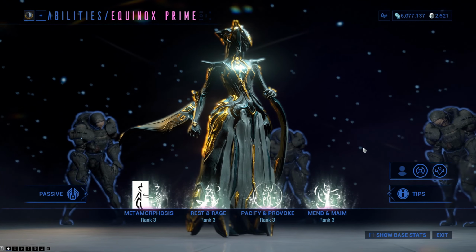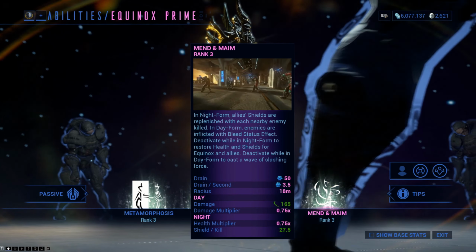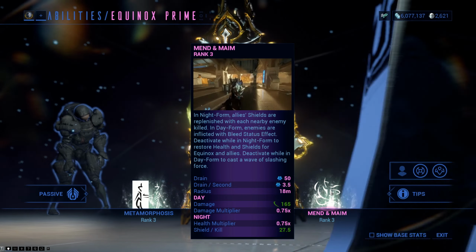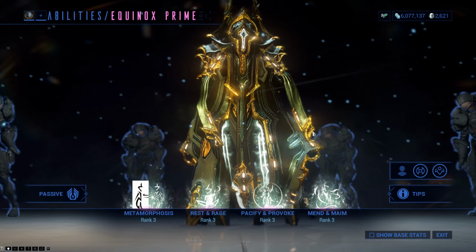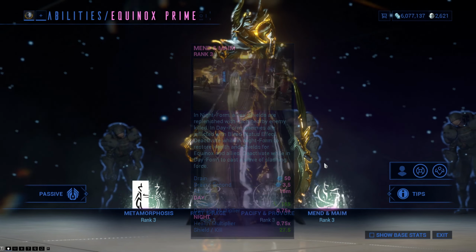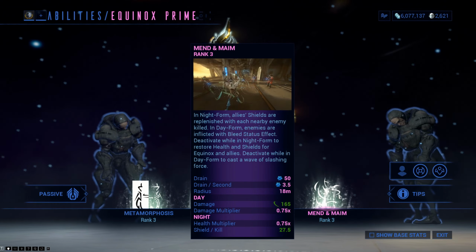Now, I also want to say this. Change the scaling of Mend and Maim. Change the damage accumulation on both Mend and Maim to scale with strength, because everything else scales with strength. But if you want to be effective with a Mend and Maim build, you just cut your strength down to 0. You have like 40% ability strength, because